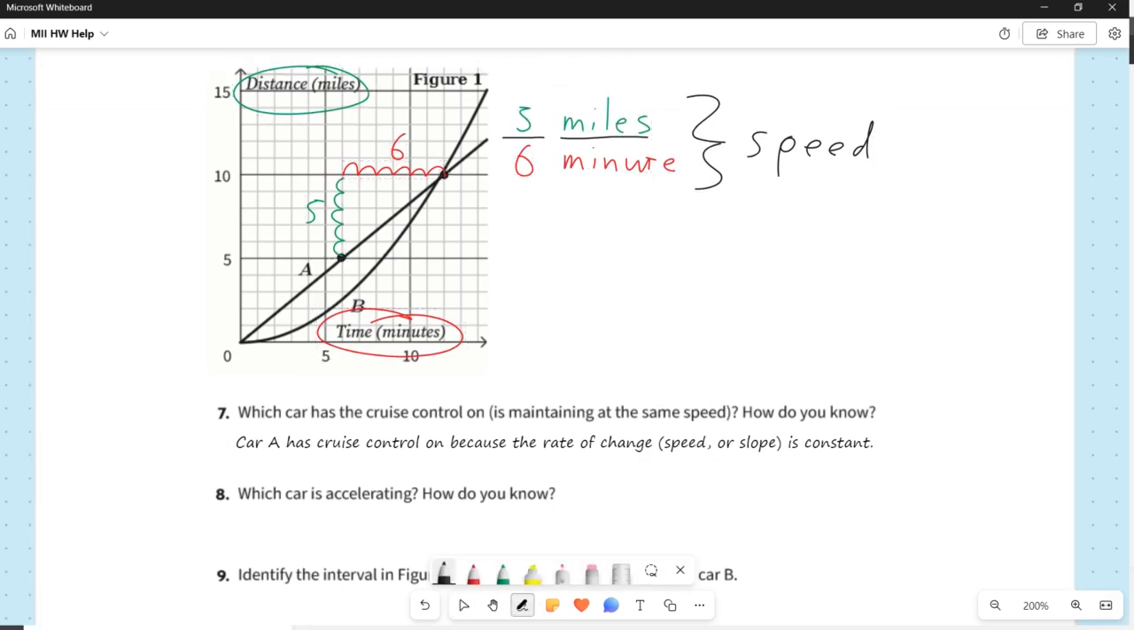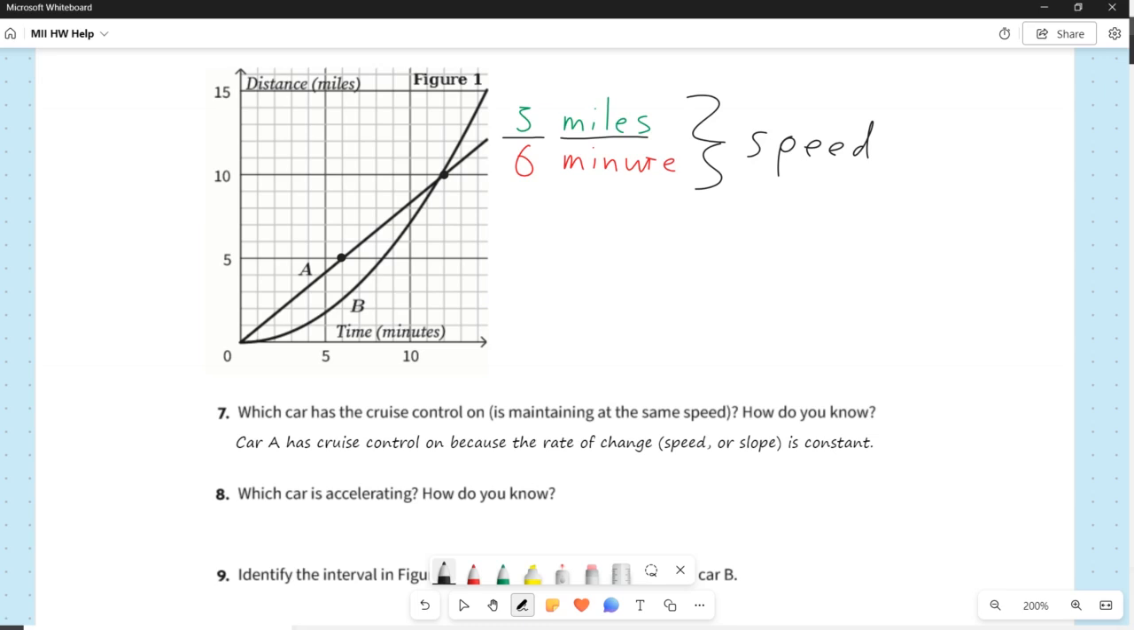Okay. Number 8. Which car is accelerating? How do you know? All right, well, by process of elimination, we basically know this is car B, right? So if car A, for the reasons that we just discussed, has their cruise control on, and we're only talking about two cars, well, clearly car B has to be the other car. But in terms of why that's happening, if I get rid of all the other stuff here, with car B,